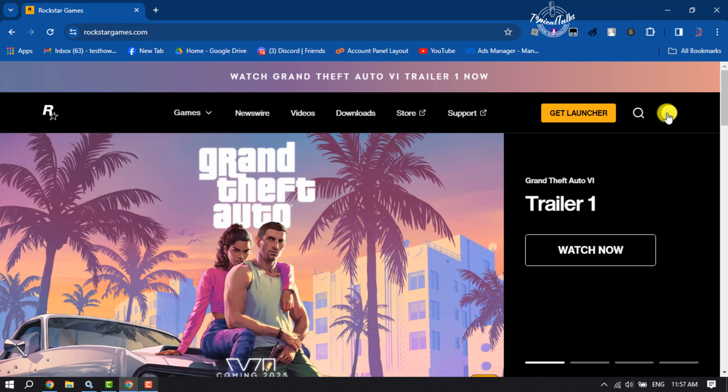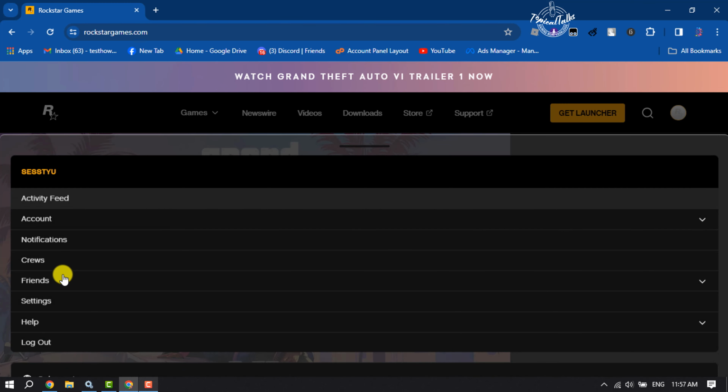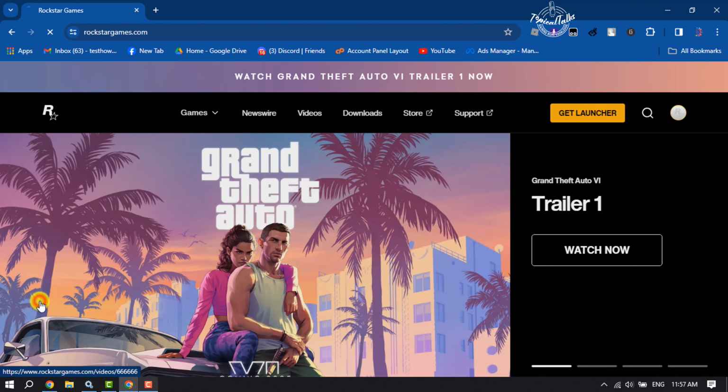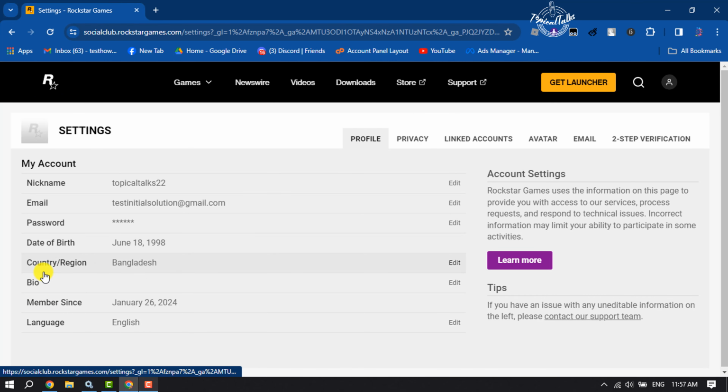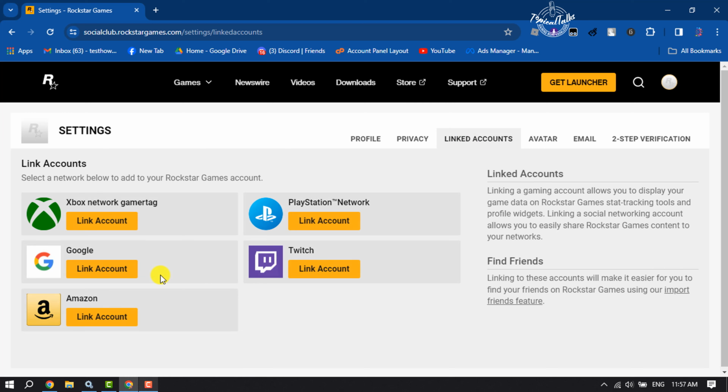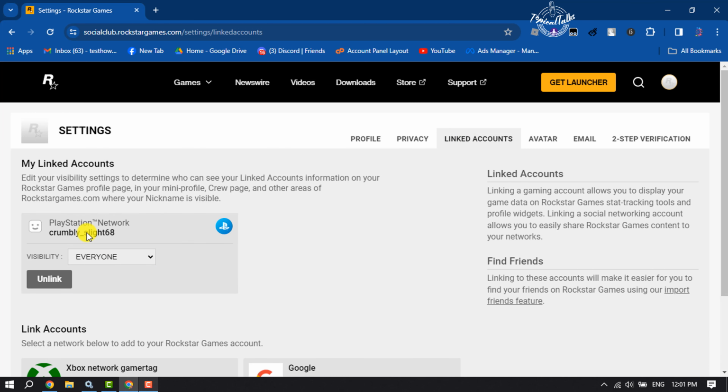Now click on your profile photo and click on settings. And now select linked accounts. And here under my linked accounts, you will get your PSN account. Now to unlink your PSN from your social club, just click on unlink